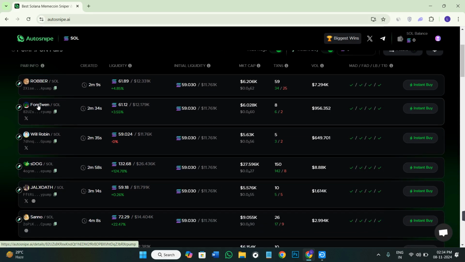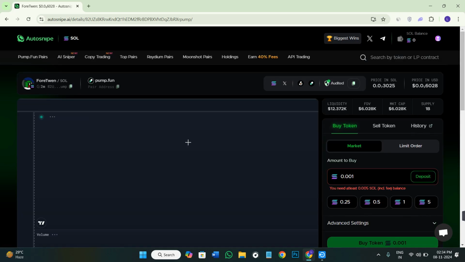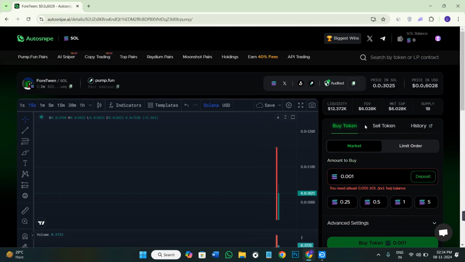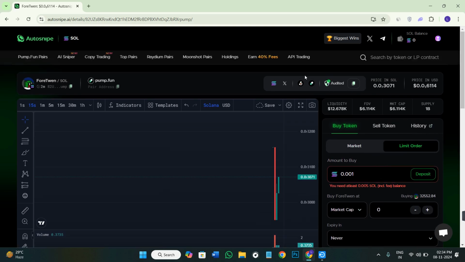Now let's say you want to purchase this particular meme coin. So you need to select the meme coin that you want to purchase, and over here it will show you its chart. Now in the right hand section, you will be able to see the option of buy token, sell token, history, where you can even buy and sell the tokens with the help of market order and limit order. If you scroll up, you will notice that it has also given you some of the other details relating to this token. So you can click anywhere over here in order to find more information about the token